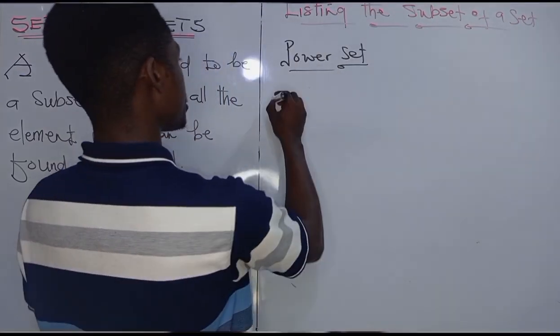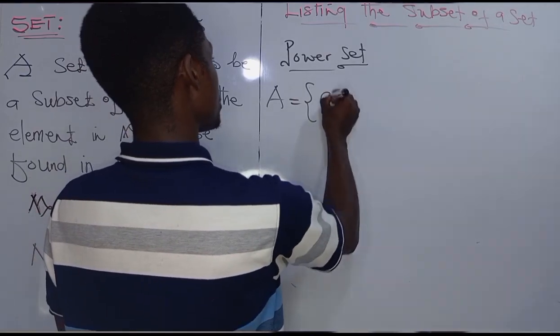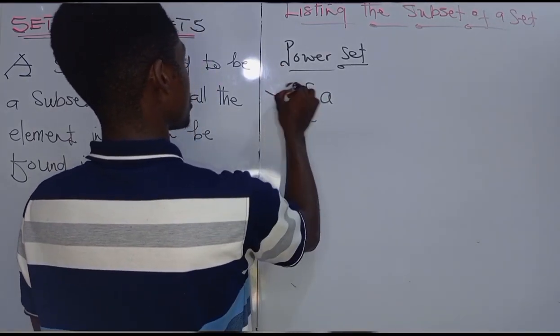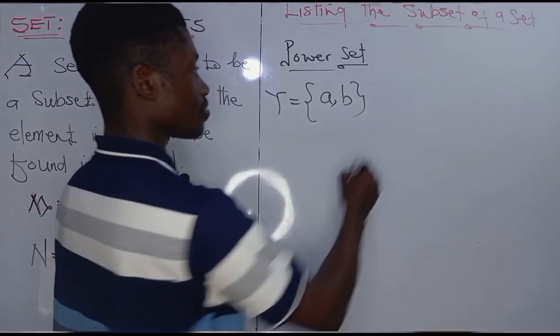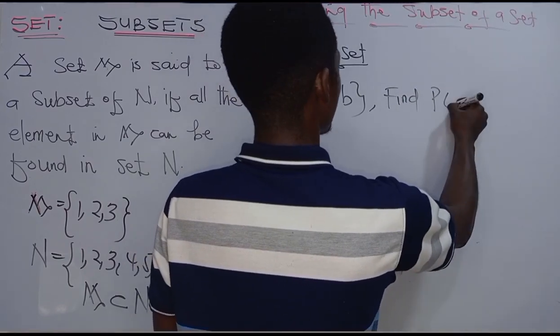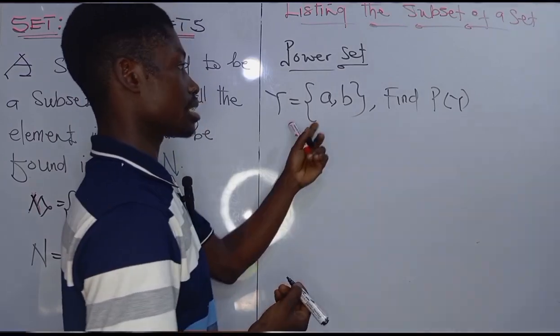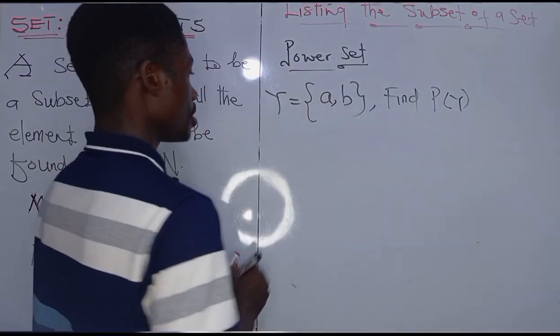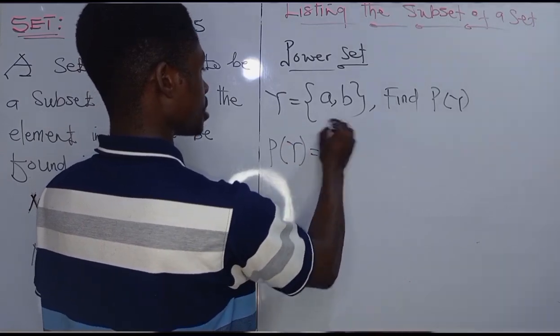So we have, let's say, set Y, which contains the elements A and then B. We want to find the power set of what? Y. In other words, you want to list all the subsets of what? Y. So in listing all the subsets of Y, which is called the power set of Y,